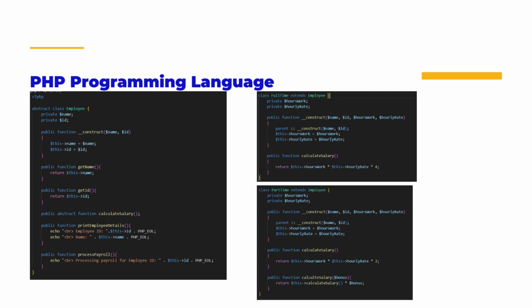The employee class provides a default implementation for the print employee details method, which displays the employee's ID and name using echo, and the process payroll method, which simulates the processing of the payroll. Two subclasses of employee are defined: full-time employee and part-time employee. They override the calculate salary method to provide their specific salary calculation logic. The full-time employee class multiplies the hours worked by the hourly rate, like in the Java language, and the salary management main method is called at the end to start the